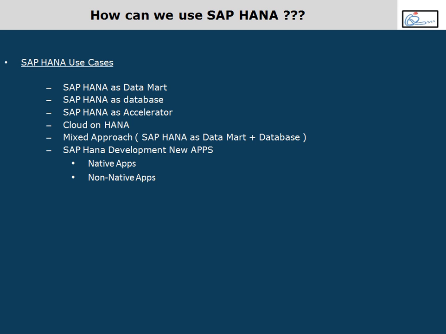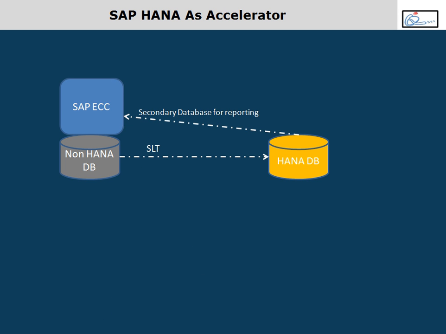And now, we can also use SAP HANA as an accelerator. What do you mean by accelerator? Speeding up any business process. Now let's say I have ECC being powered by some non-HANA database, and some business process is running slow in it. Let's say in ECC I've got ATP, availability to promise check, where it is really slowed down. So the time taken to create my sales order is really slow because of the performance of my ATP run, availability to promise run. Okay, then what do I want? I would like to use HANA database to just accelerate that particular business functionality.